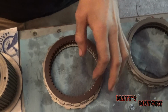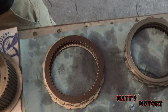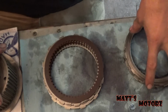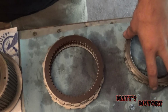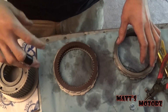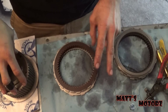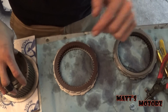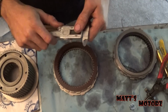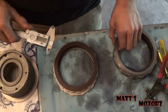Alright, so here's the confusing part. There were actually several models of this overdrive unit. But for our purposes, for this specific car and transmission, there's two. They had the earlier model, and then they had the later model, and you have to make sure you use the right steels. Now, actually the rebuild kit came with the correct steels. They kind of did some of this for you, but what it says is